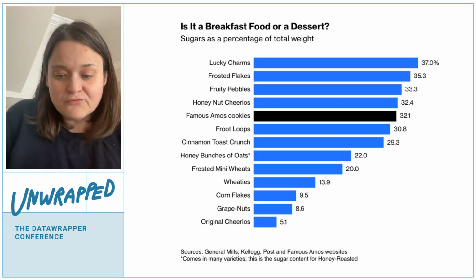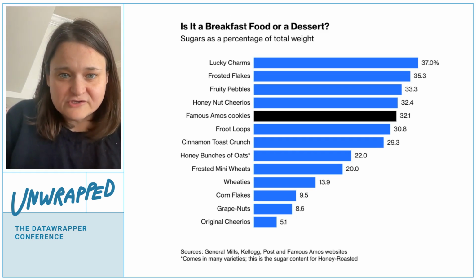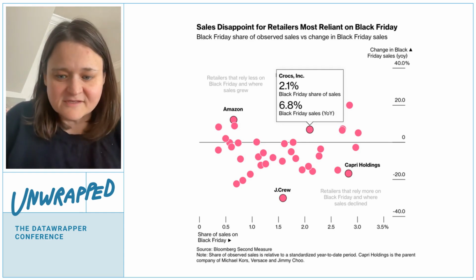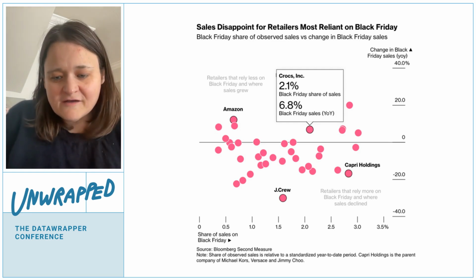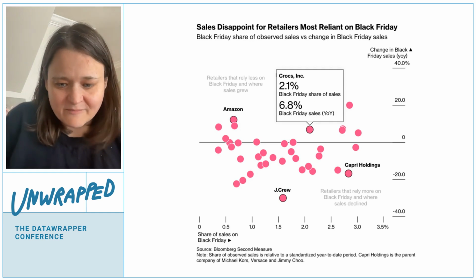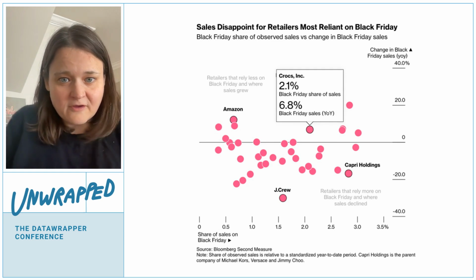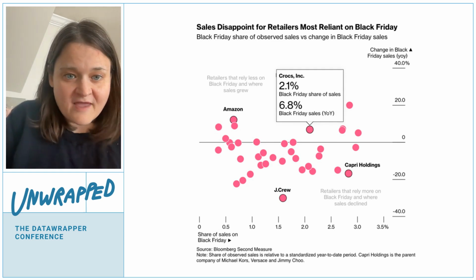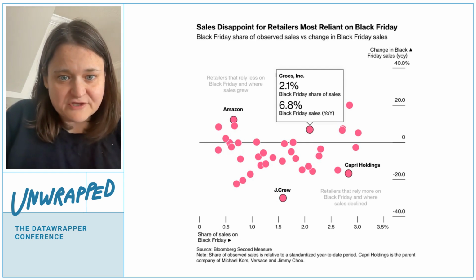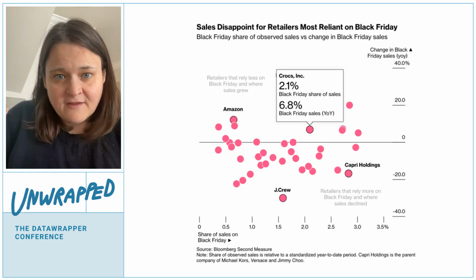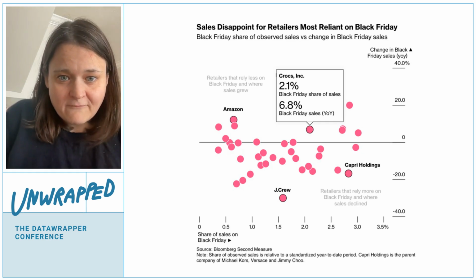I think when you want to start to get just a tiny bit more complicated, it stops being such a good choice. For example, look at a chart like this, made by one of my colleagues, about how much is sold on Black Friday. Black Friday is a very important retail day in America. At different stores this year, at Amazon, it's as important as about three average days. For Crocs, it's a much higher percentage of their whole sales over a year. So both Amazon and Crocs had a pretty good Black Friday. Their sales rose over the year.